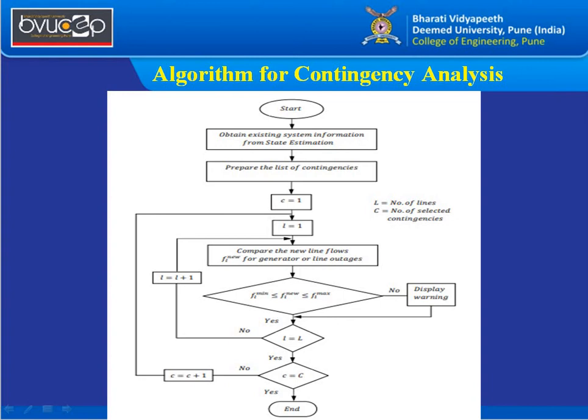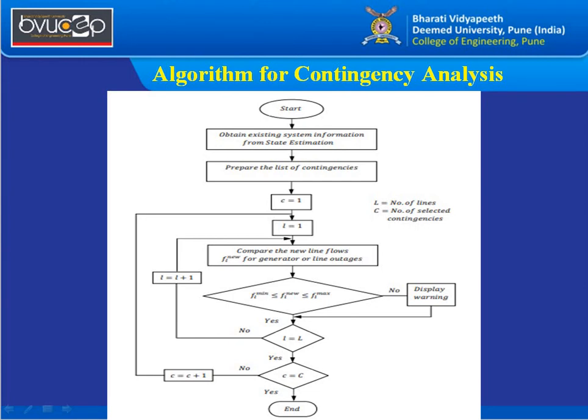And then we have to go through all the lines that are present in the transmission system one by one. If all the conditions obtained for the new power flow are within limits, you go to the next step. If not, then you set an increment of 1 in the next iteration, go back and repeat the procedure.